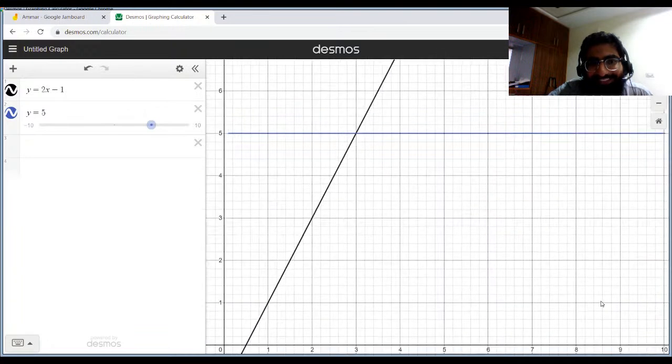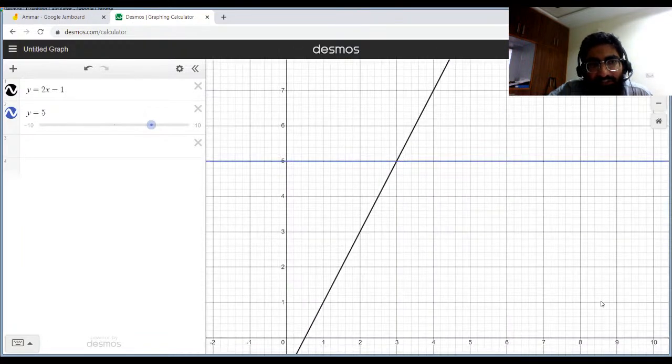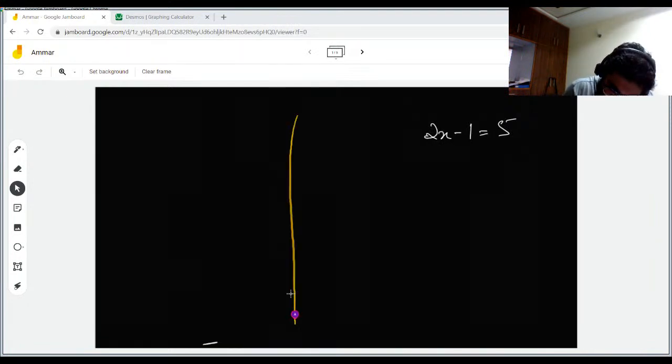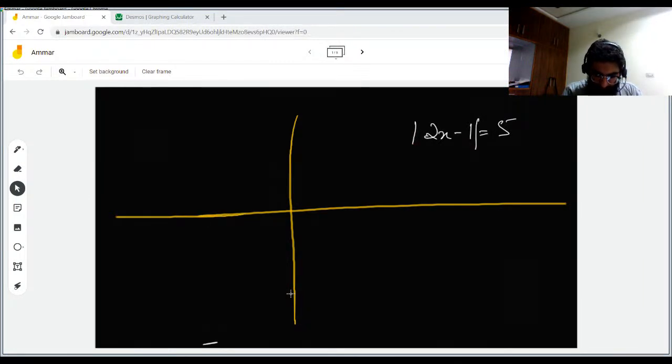So we have got two equations, and if I put them together, 2x minus 1 is equal to 5. The point where the two intersect is the solution of this equation. So that is how I find solutions using graphs. I could find the solution algebraically, or I can find the solution of the same thing using graphs. So let's find the solution of this particular one, but make a small change to it. First of all, we make it 2x minus 1 in mod. So we'll have to draw two equations. First, the equation for y is equal to 2x minus 1. Its x and y intercepts would be